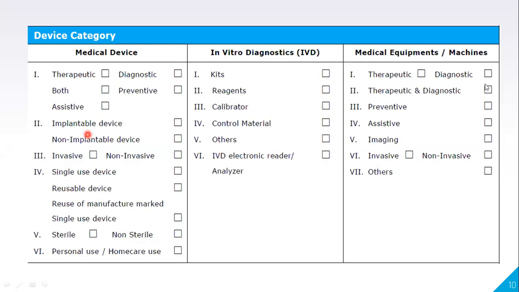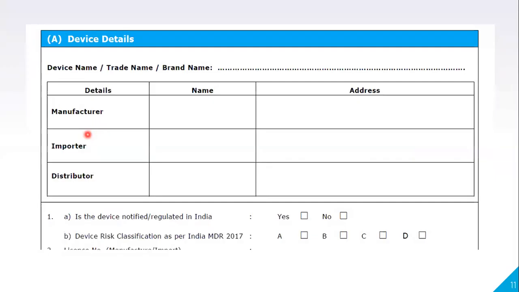Similarly for medical equipment and machines, like therapeutic, diagnostic, preventive, assistive, imaging, invasive, non-invasive, everything should be mentioned under these headings: medical device, in vitro diagnostics. If it is very big equipment, it comes under medical equipment. Then coming to the next section, you can give the device details clearly.